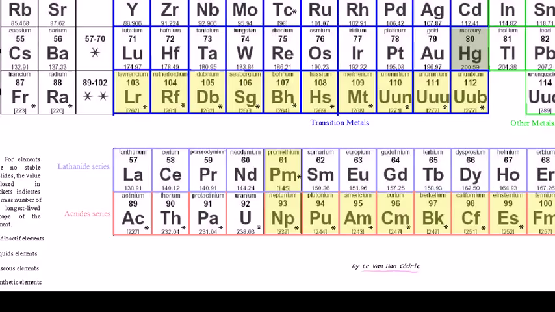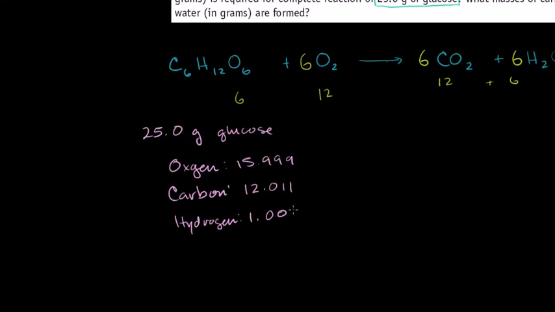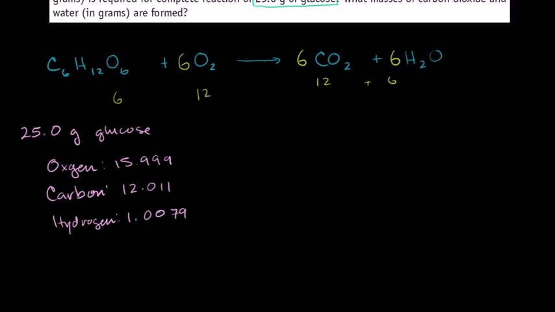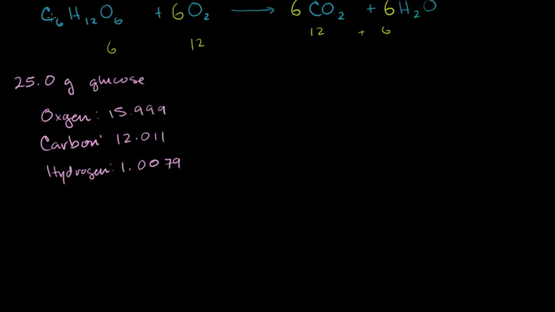1.00, was it 1 0 or 2 zeros? It was 2 zeros. 1.0079. So, what's the atomic weight of glucose given all of that? Let me scroll down a little bit. So the atomic weight of glucose,